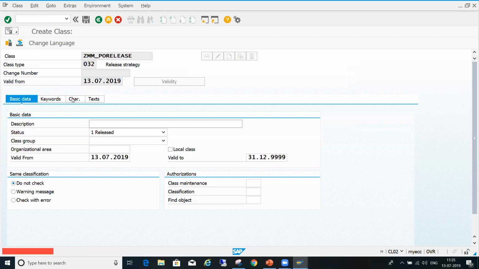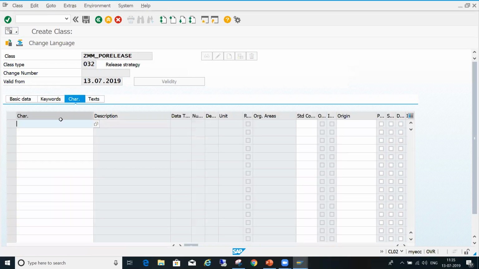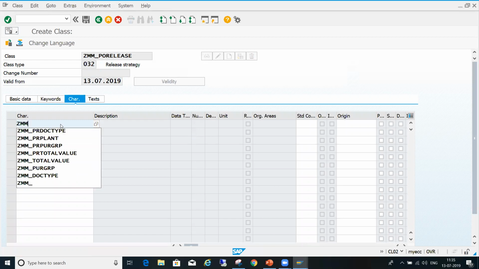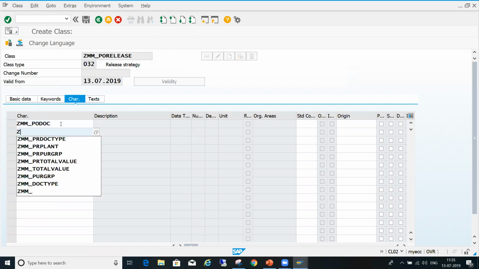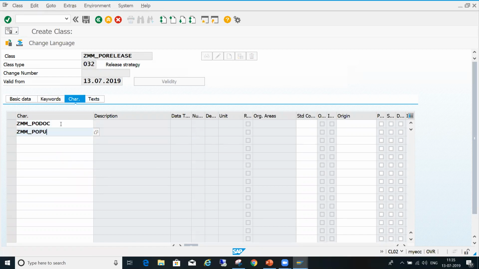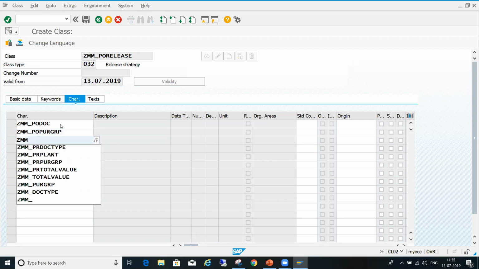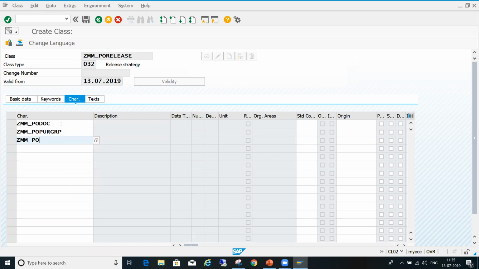Then you have to click on characteristics. Here you have to assign the characteristics you have created: PO doc type, ZMM_PO; purchase group you created, ZMM_PO; value you created, ZMM_PO.